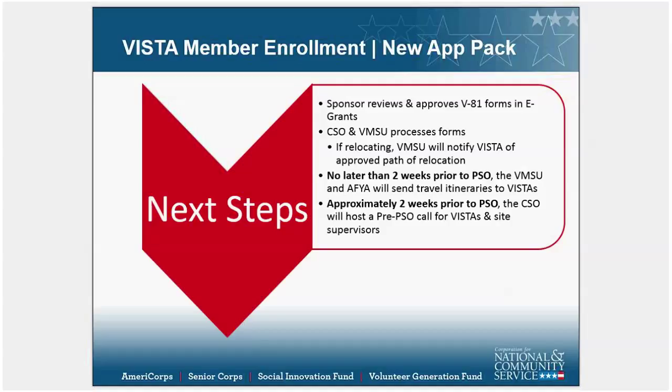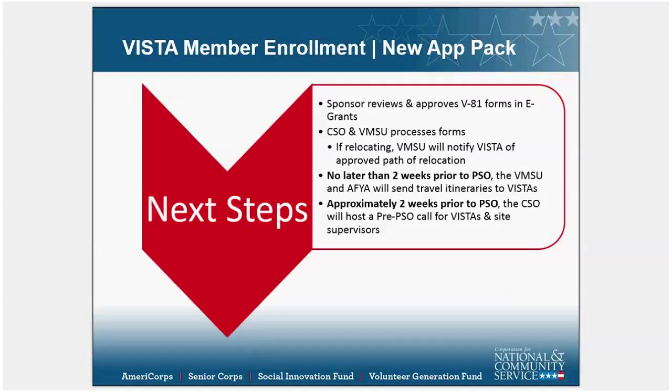As we process paperwork and enrollment forms, the VMSU will be notifying VISTAs regarding their approved path of relocation, if they are relocating. So it's important to be letting candidates know throughout this process that they shouldn't plan any relocation until they've received the written approval from the VMSU. And that should come by email to the candidates